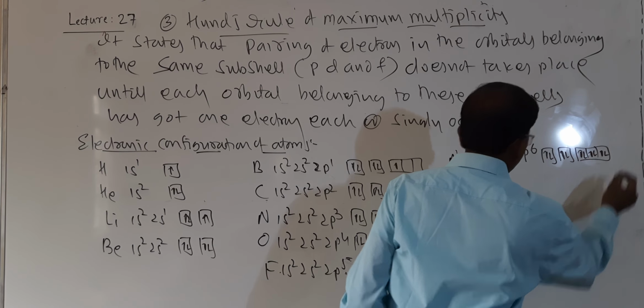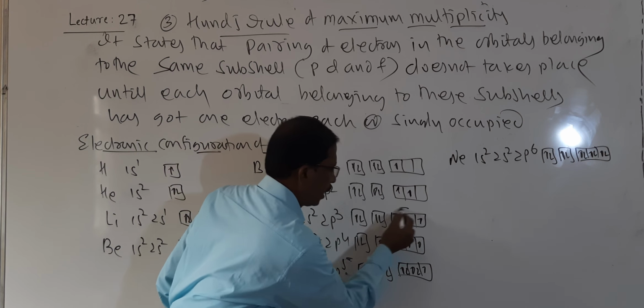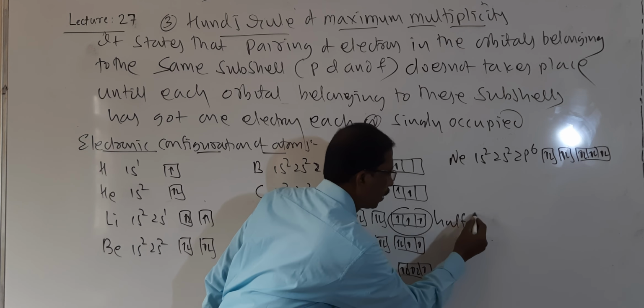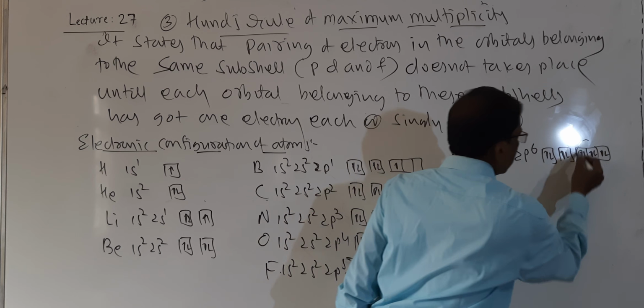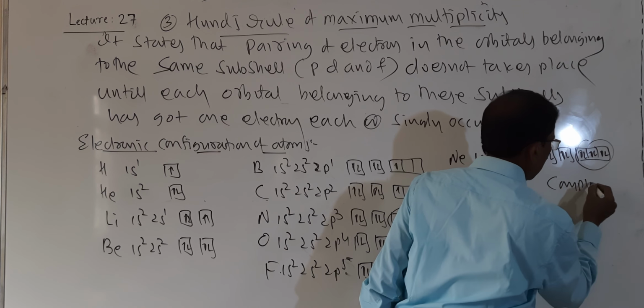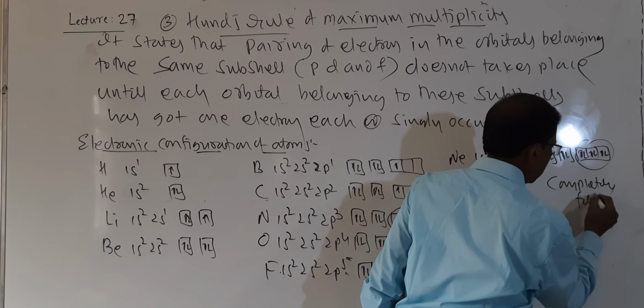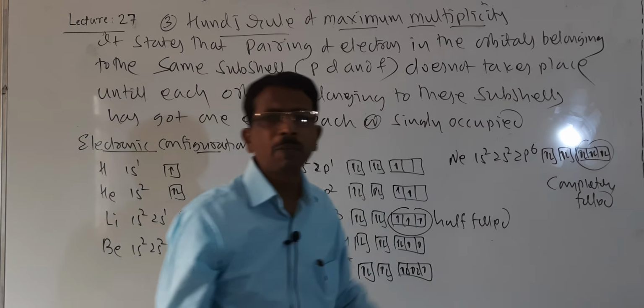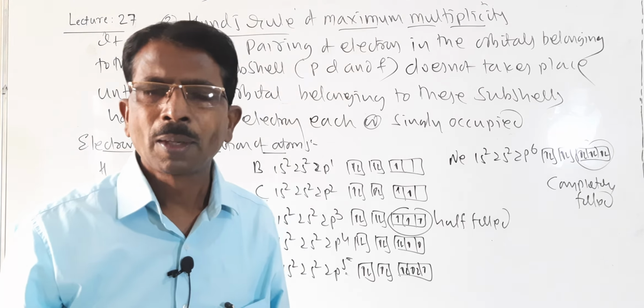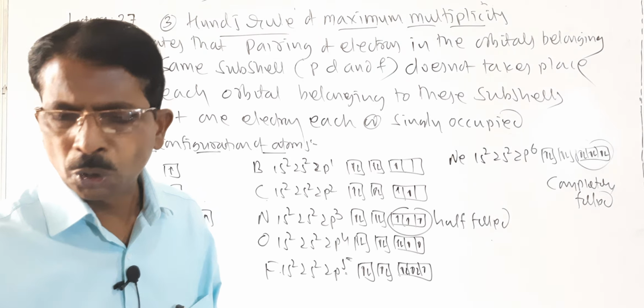Here the p orbital is half filled, and here it is completely filled. So half-filled and completely filled orbitals are more stable. So students, here